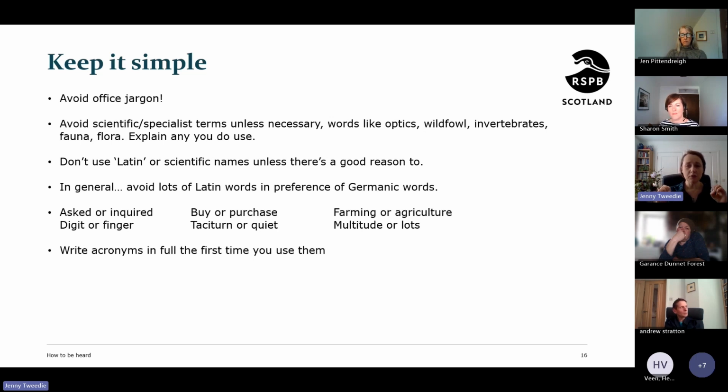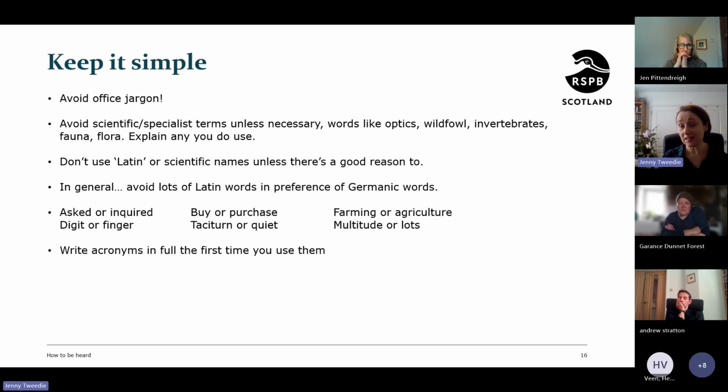Lichens often don't have an English name, or they don't have a common name beside them. So sometimes you have to use the scientific name. Or sometimes there isn't a common name that everybody recognizes. So in that case, it's useful to use a scientific term as well. But apart from that, unless there's a very good reason to do it, just don't use the scientific words because they don't mean anything to the general audience.